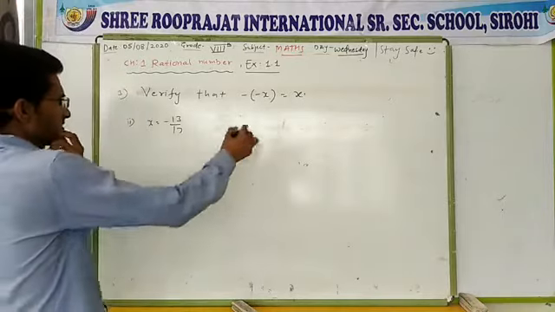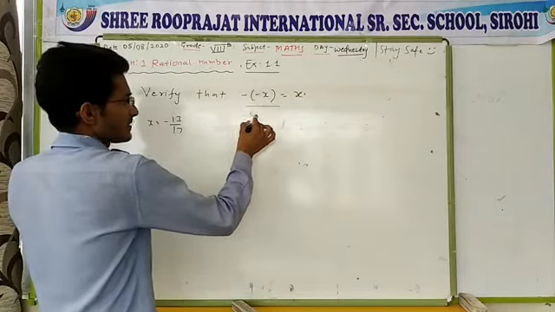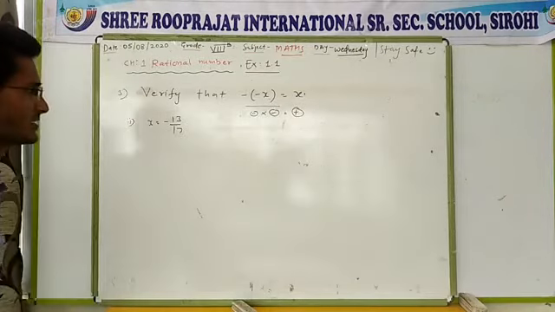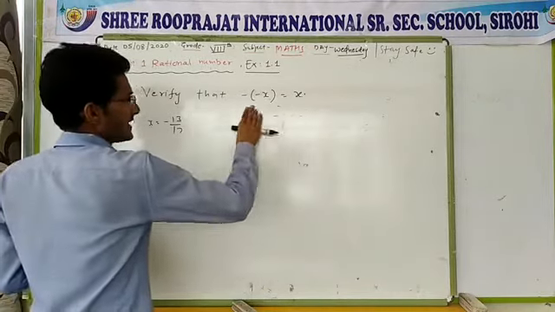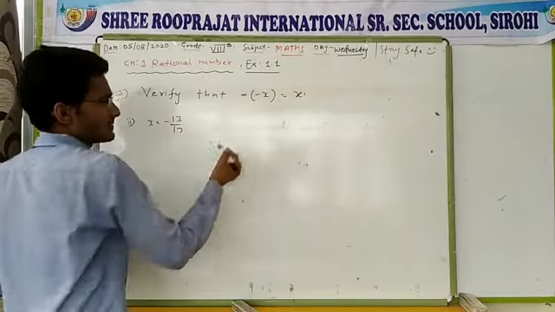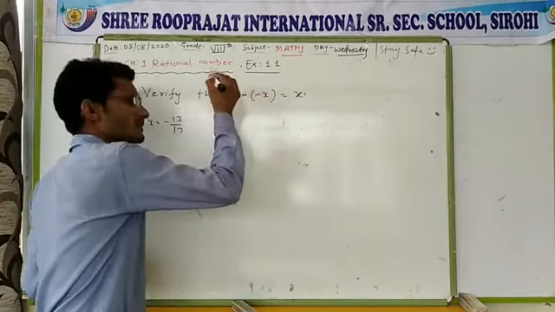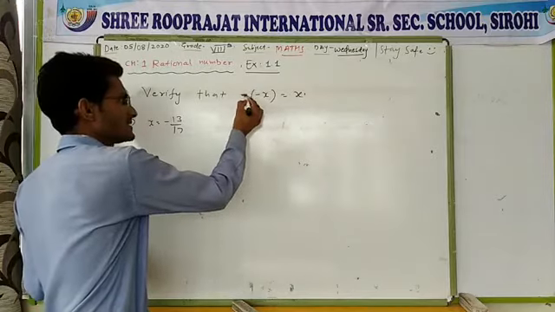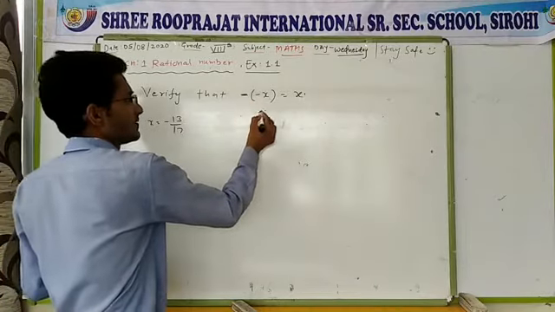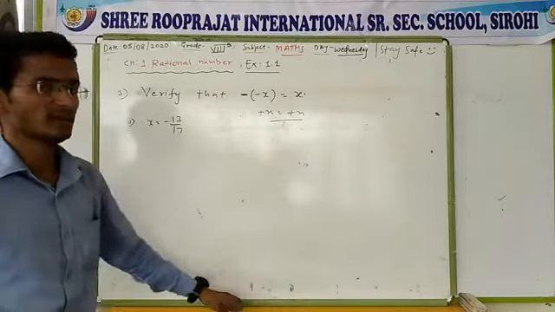If we just talk about this one, if we remove the bracket, there are two minus signs, that means minus multiplied with minus will be equal to plus, or positive. Or in simple words, if there is a minus just before the bracket, that means you have to change all the signs of the numbers inside the bracket. If the bracket has a minus, it will be a plus. Both are the same, but you have to use this and prove it.